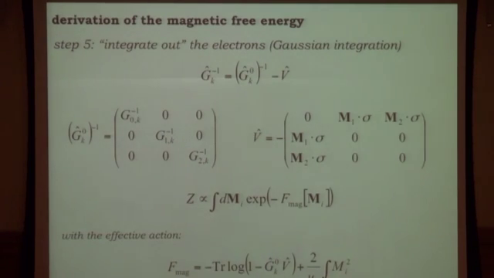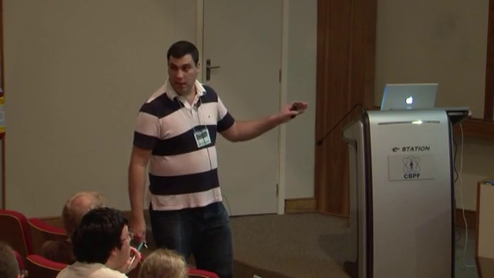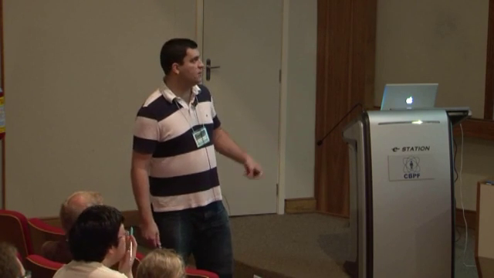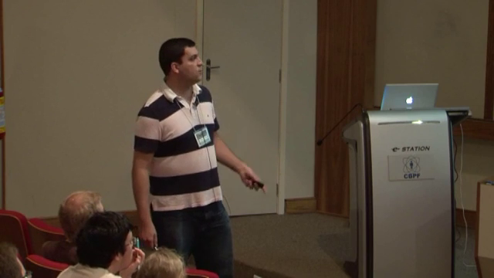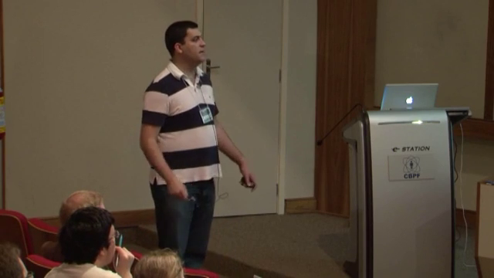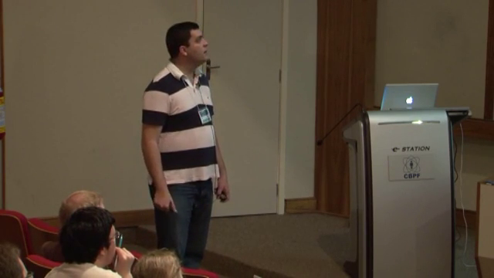I'm not going into these details. It's in the notes, and on its own, it's quite something that requires some work, but you can do that if you wish. And I'll be happy to answer technical questions, but that's not what I want to do. I just want to tell you how to do this procedure, okay? And then you expand for small M, and you obtain a Ginzburg-Landau model. Okay, so again, this is derived. All these coefficients depend on the band structure, on the Green's functions. Okay? And now we can study that and see what our model gives.